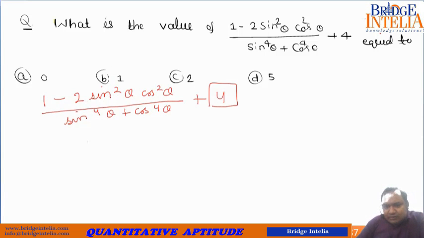You can see this is of the form 2ab. But what to do about this one? There is a big hint that the numerator is telling us to do something to come up with the form (a minus b) whole square, because here it is very evident that it is taking the shape of minus 2ab. So to make it a perfect square of the form (a minus b) whole square, something has to be done with this 1. What is that something? So this 1 can be written as (sine square theta plus cos square theta) whole square.